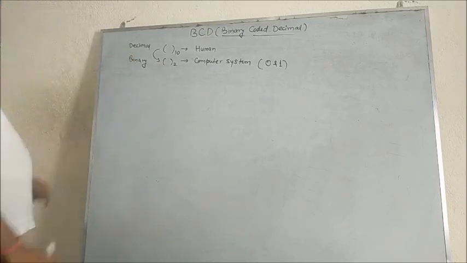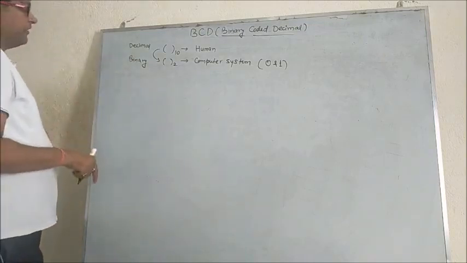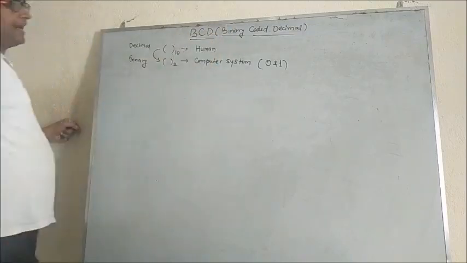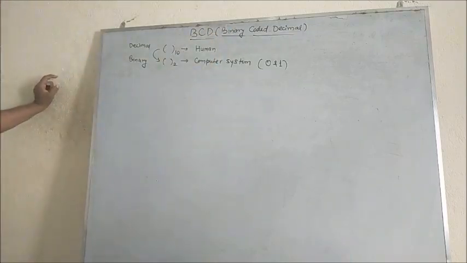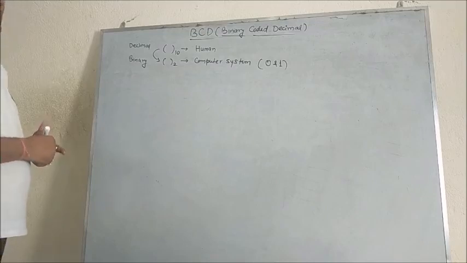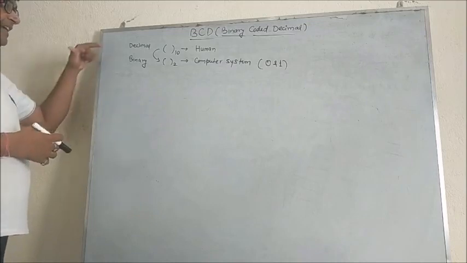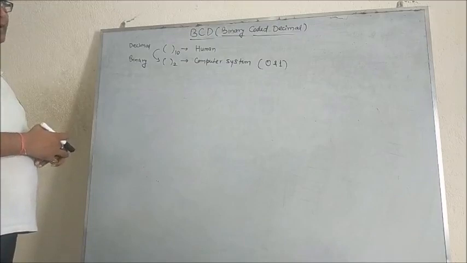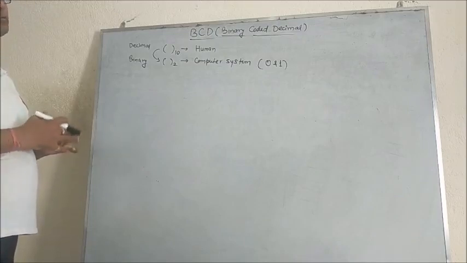So in order to convert the decimal number system into the binary number system, BCD plays an important role, right? Through BCD, we can easily convert the decimal number system into the binary number system. By using BCD, it is a fast and efficient way to convert the decimal number system into the binary number system. Now, I am going to explain basically how it works.